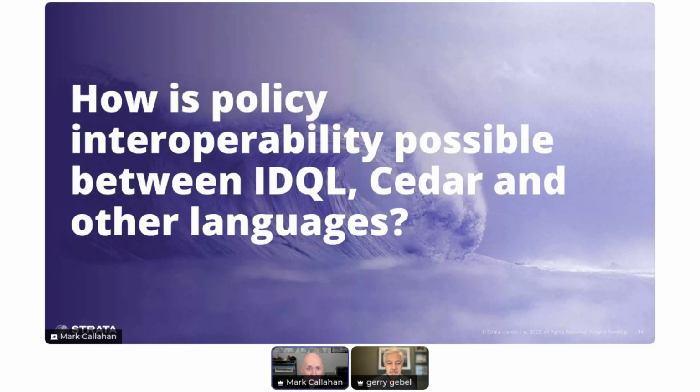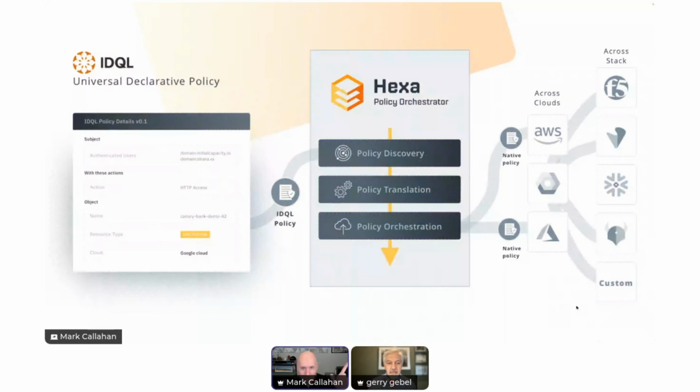And as we're thinking about interoperability, Cedar and AVP are obviously Amazon products. But as we think about the standard business, chances are they're using multiple clouds. They're using GCP, they're using Azure as well. And they're going to be doing a lot of work with AVP and Cedar. And you're thinking about, what is the interoperability with other clouds and where does IDQL fit into that? I grabbed our slide from the IDQL overview. How do we fit in here?